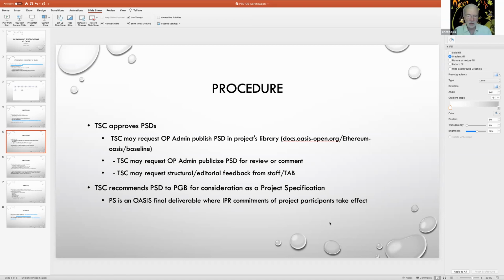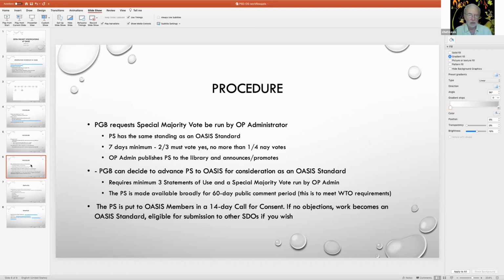I think this just repeats what I said before. The TSC approved the project specification draft, recommends it to the PGB for consideration as a project specification. A little bit more detail on how it goes out to candidate OASIS standard.